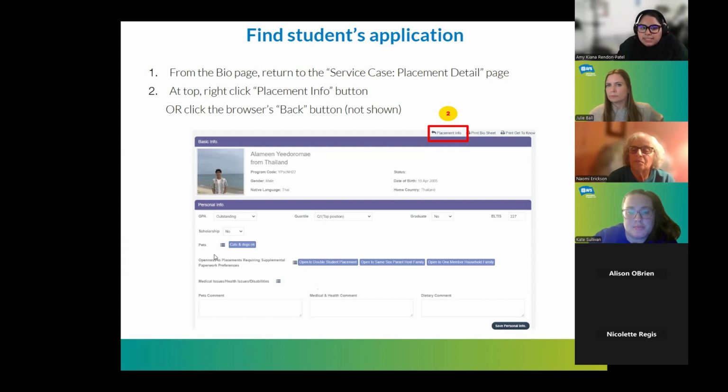There's also the pets, where it says it's okay to live with cats and dogs, but one will say no cats due to allergies or no dogs due to allergies. It will also be listed under the pet comment and the medical and health comment if there are any allergies or pet allergies or such. All of that will be already inputted in the beginning before you write the bio in.